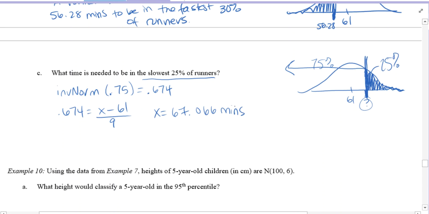So they would need a time of at least, this is this minimum value here, 67.066 minutes, and above is going to put you in the top 25%, or the slowest 25%. Okay. So a runner would need